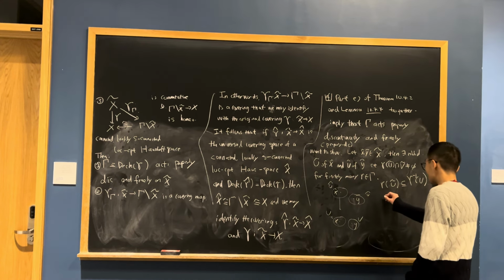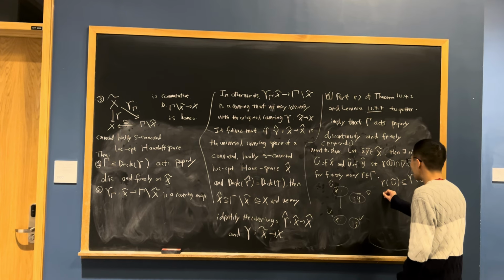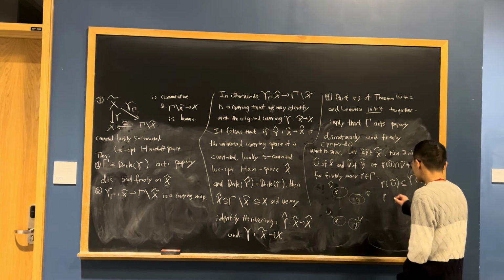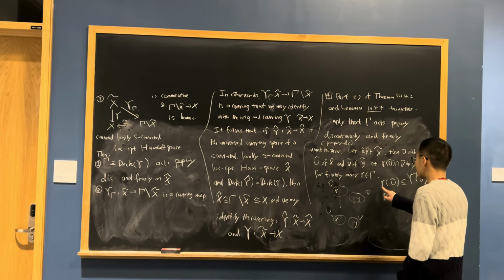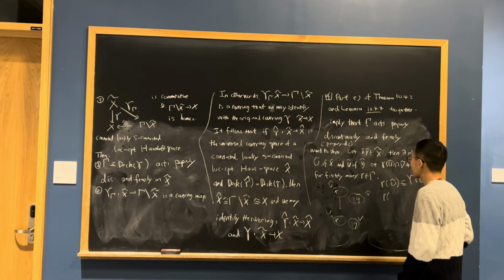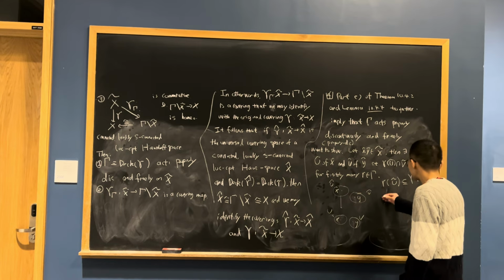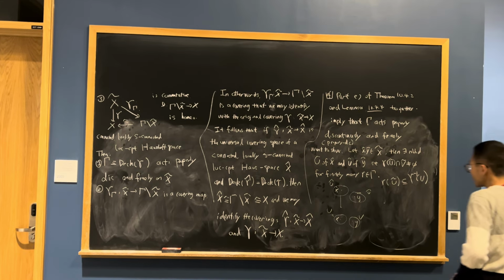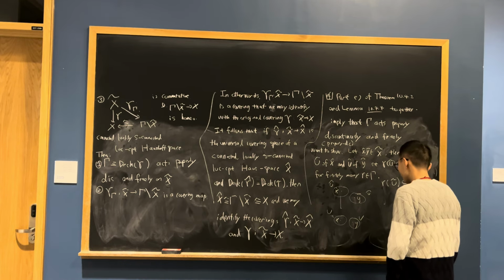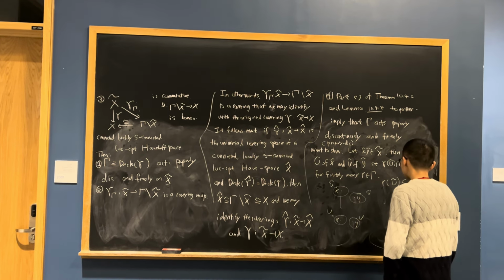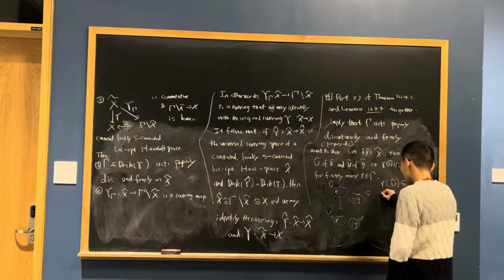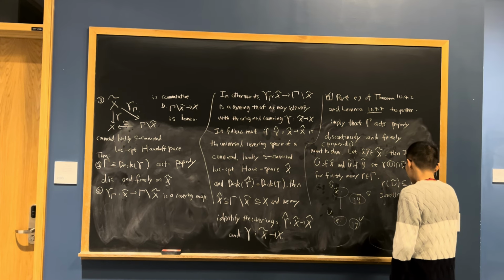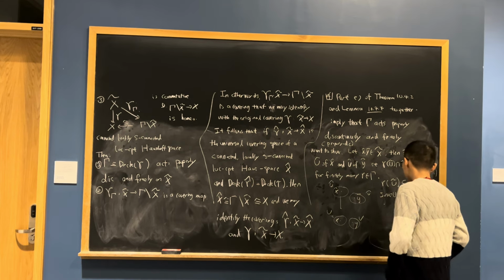And then similarly. Since U intersect B is empty,